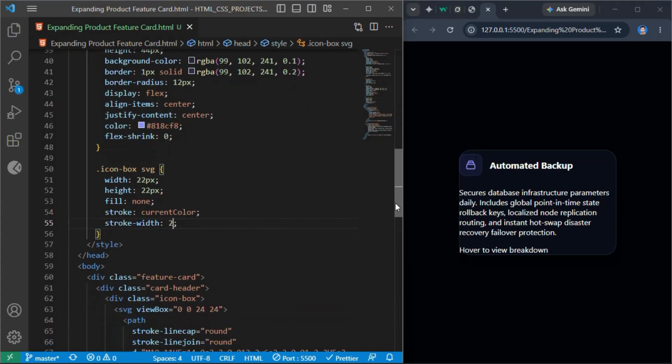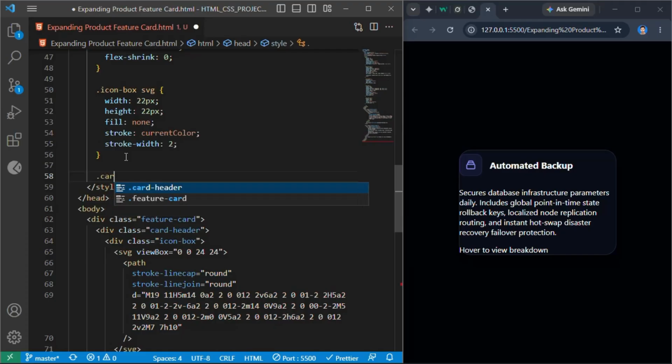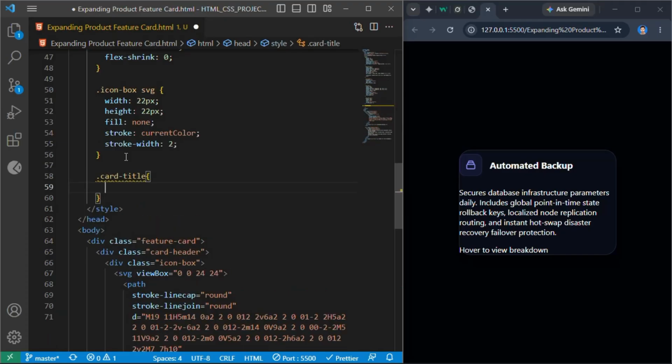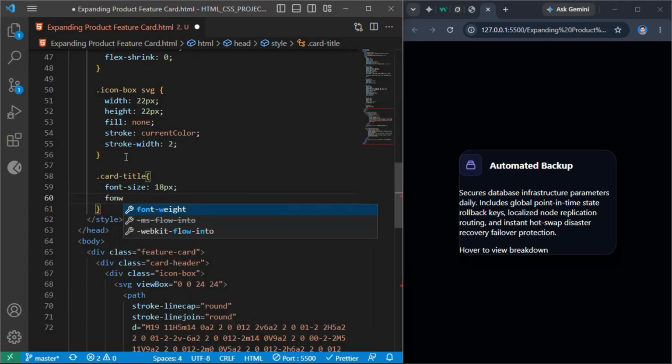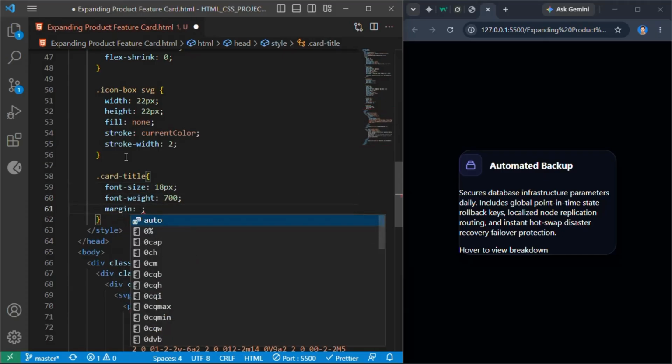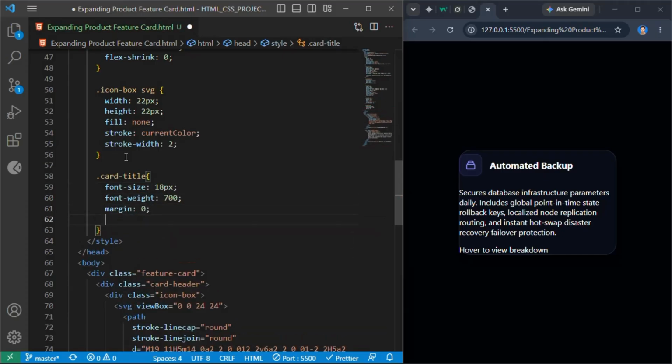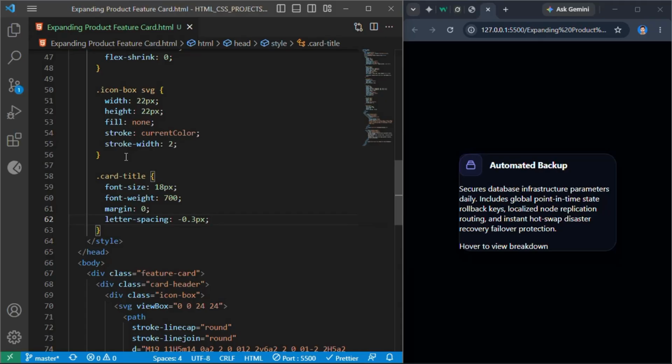Next, let's format the title text by targeting .card-title. Inside, I'll declare font-size 18 pixels, font-weight 700, margin 0, and compress the characters slightly with letter-spacing -0.3 pixels. Now, for the ultimate pure CSS smooth grid row expansion engine, I'm going to target our custom accordion